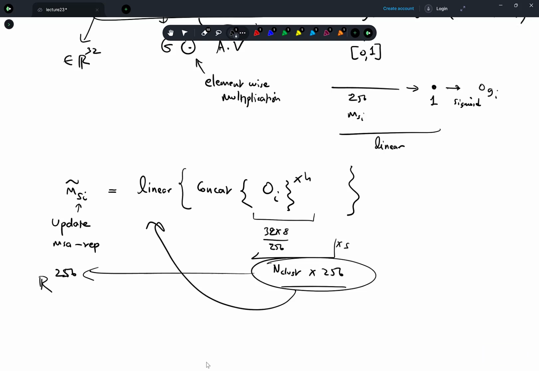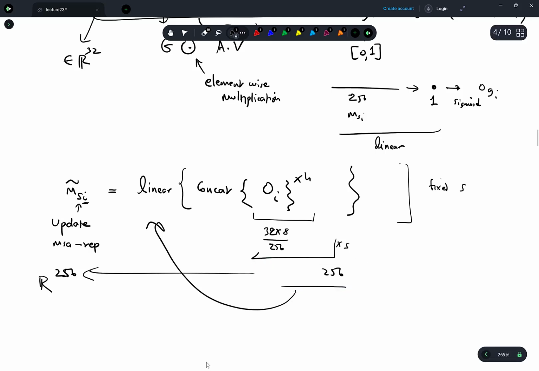This is for a fixed S. So the variable here is actually i, and this makes sense. So there are actually only 8 things. One has to be clear about interpreting it correctly. So that's what it is. So you're going from,